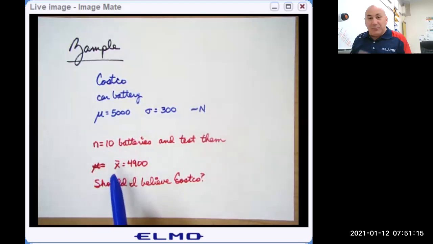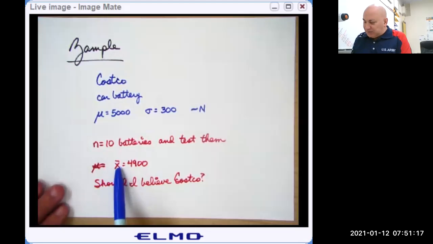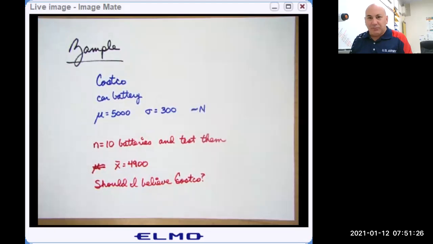And what I got from those 10 was a sample average of 4,900. Should I believe Costco? You say, well, no, your sample is less. Well, yeah, that's a sample. We know samples can vary, low or high. I mean, samples aren't always going to be exactly on, but